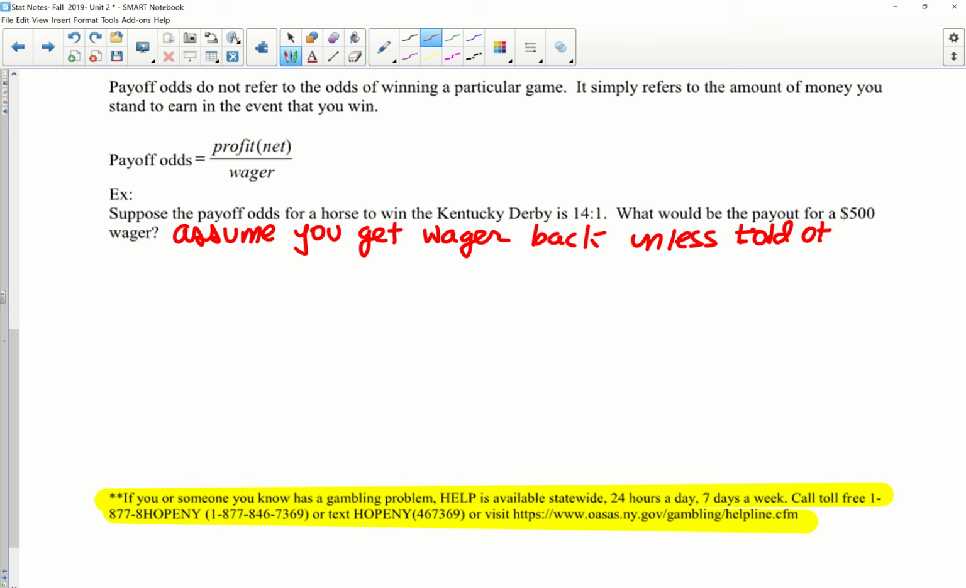The bet. The amount of money you bet. Good question. Because in most games of chance, you get your wager back, you get your bet back, but there are enough where it's not the case that I'd have to make an adjustment in those circumstances. So the payoff in this case